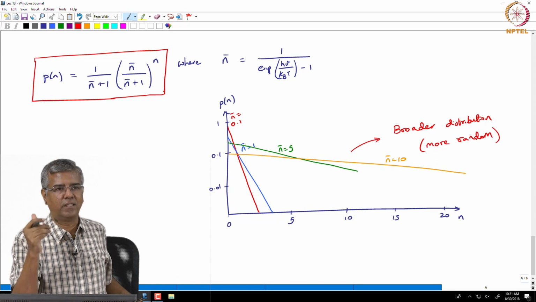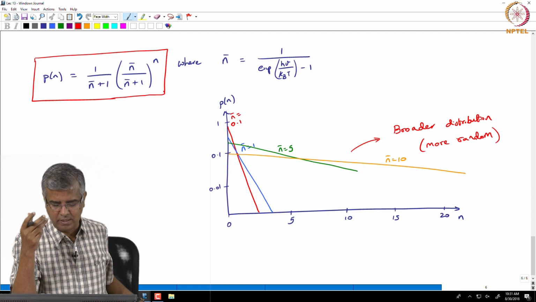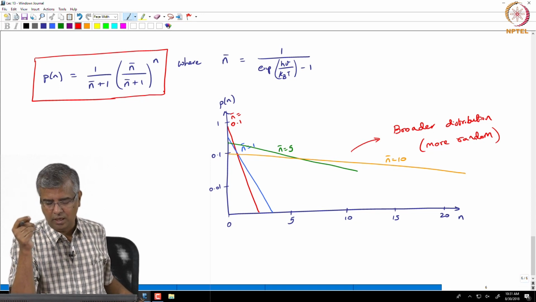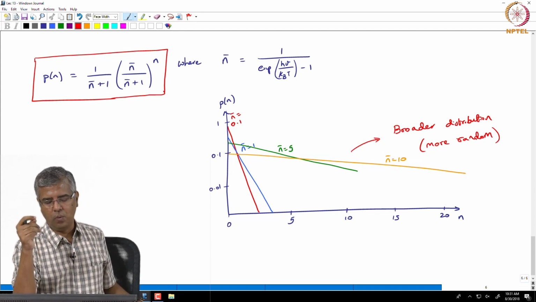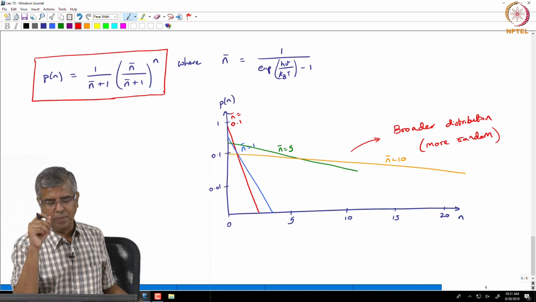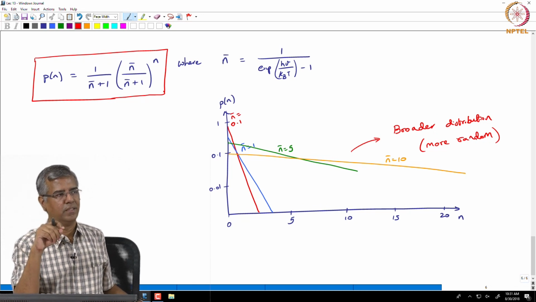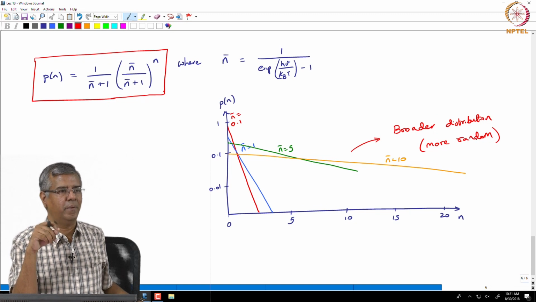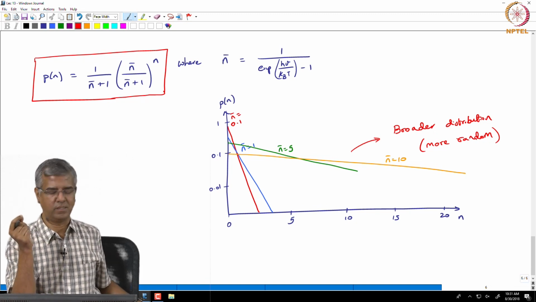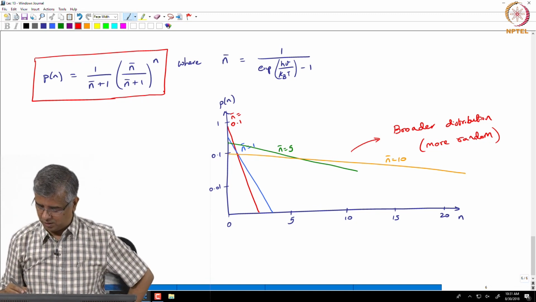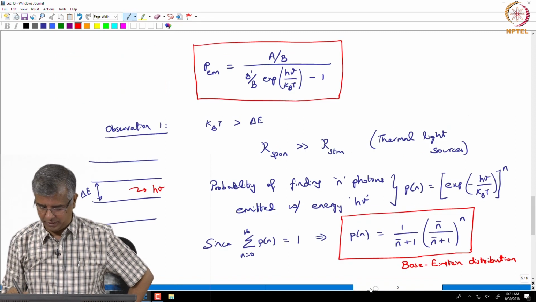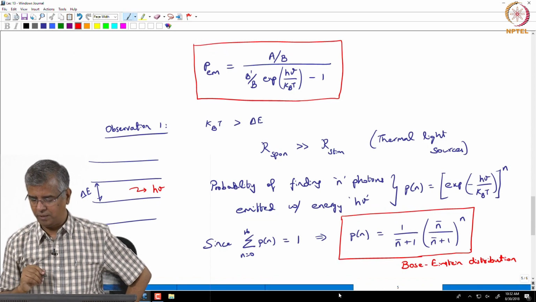So that actually is an uncertainty, but the specific question is, why is it that emitting 0 photons is more probable than emitting higher number of photons? And that is basically because when you look at the probability that we have here,